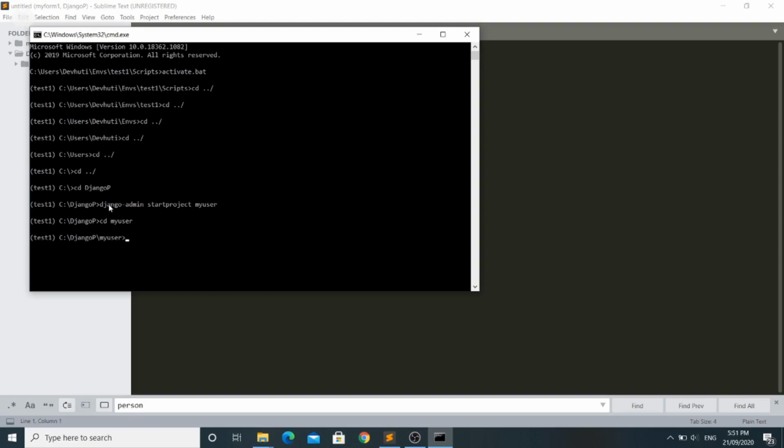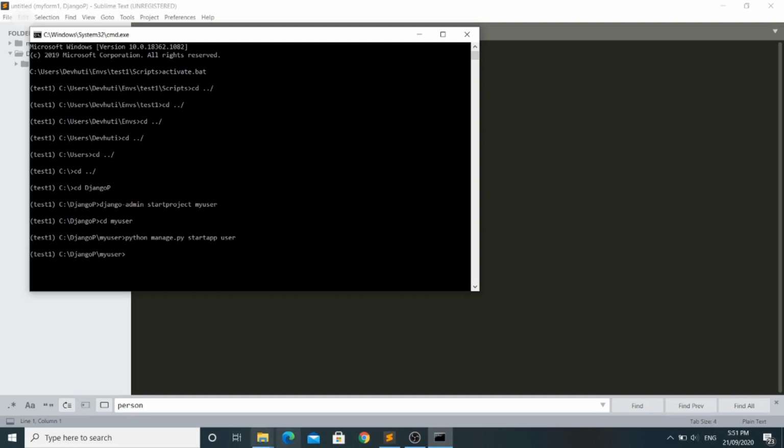We'll also create an app in our project folder. The command is python manage.py startapp user.